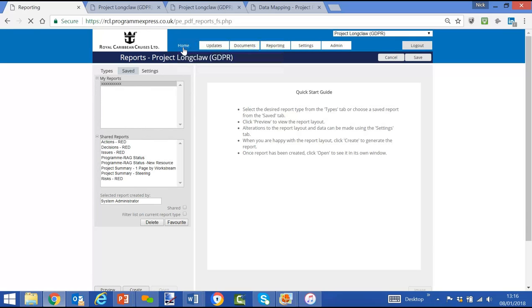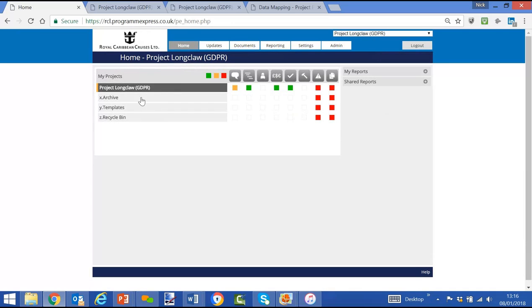And if I went back to my home screen, specifically me as the user would now be able to see that report and be able to automatically run from there. So what we've done is we've set up some of these reports specifically for GDPR, or a starter for 10. Now in terms of making an update,